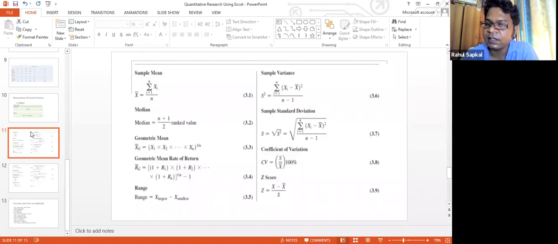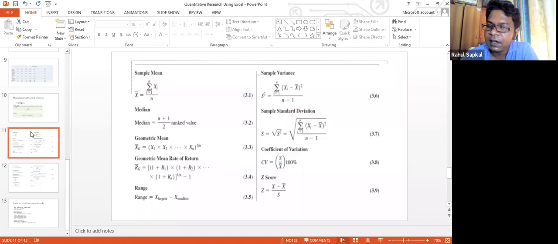Standard deviation is nothing but the square root of the sample variance, and these two will tell us how much heterogeneity and variation there is in your sample population. Why is this measure so important? Because the variation should not be different. Suppose you have taken a sample of 50, the income variation within the sample of 50 should not be different from the income variation in the actual population from where you have drawn your sample. So sample variance and standard deviation are these two important measures.